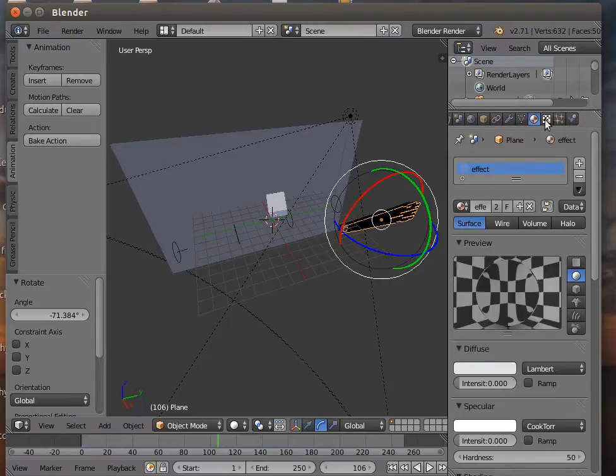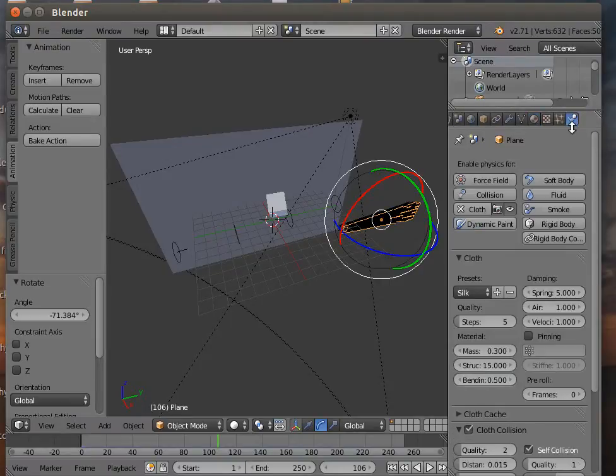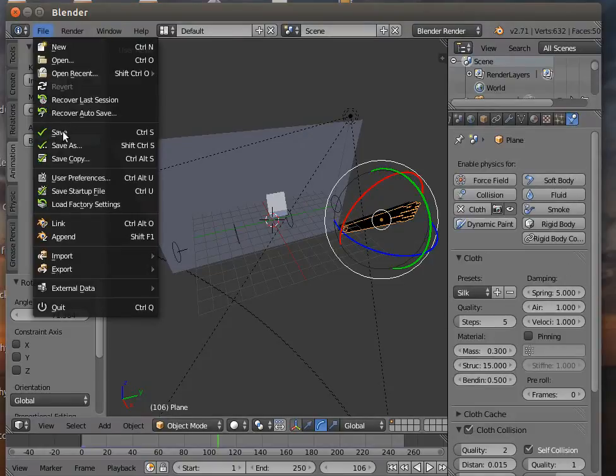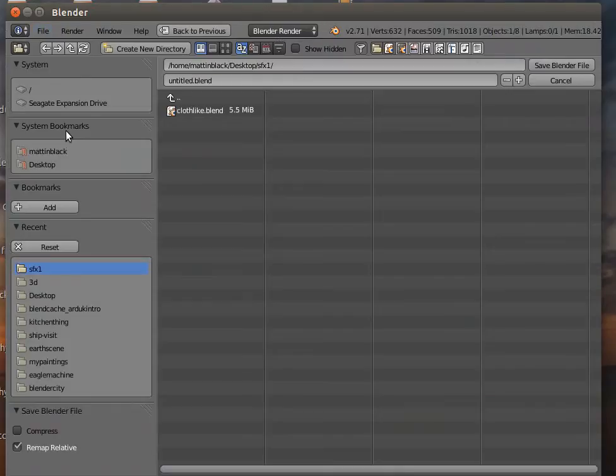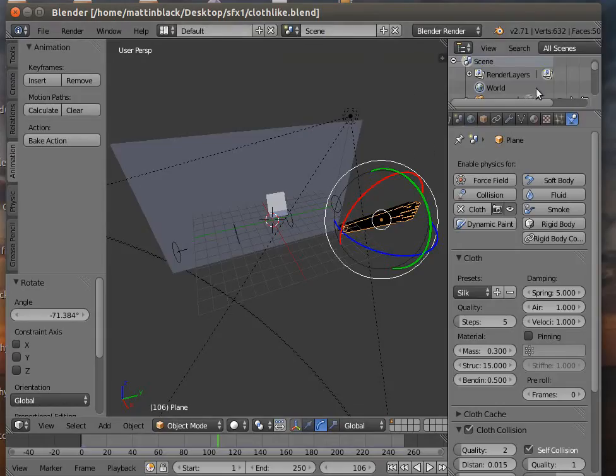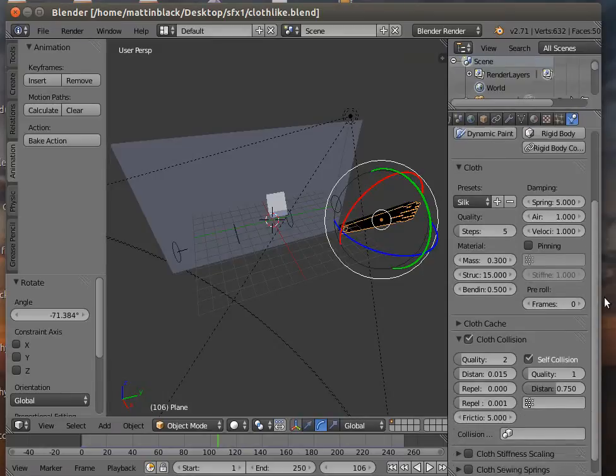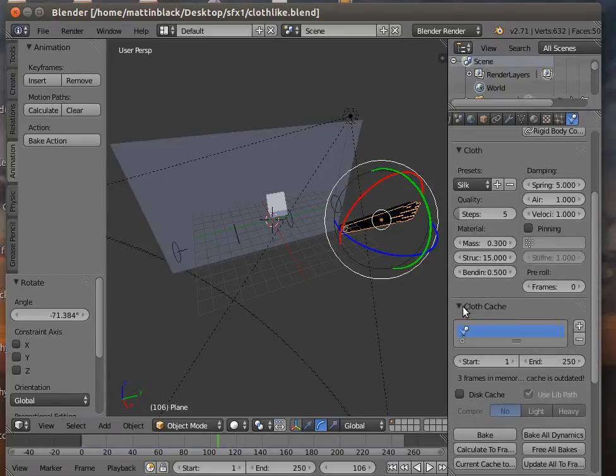Once again, center mouse wheel scrolls everything along. Here's our cloth. We need to save the file first. So I haven't actually saved this yet, and I'll overwrite the one that I was playing around with earlier. That's fine. And we go down to where it says cloth cache,